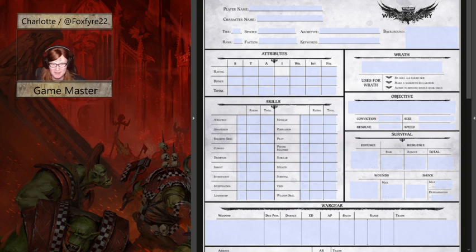One of the players is in the Discord for Wrath and Glory with me as well. He does a lot of theory crafting around the system to see what works, what doesn't. So he's going to make his own character sheet. He's actually got it done already. And I think, Cleric, you gave me something earlier in the Discord. Was that your...